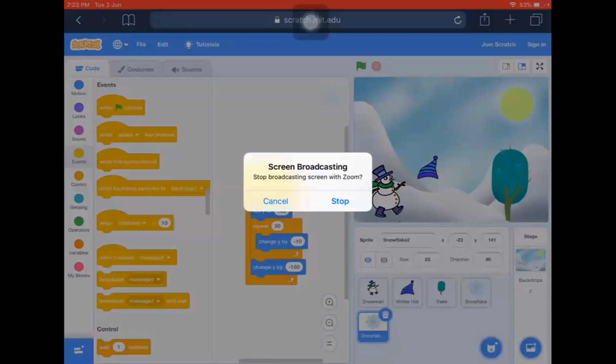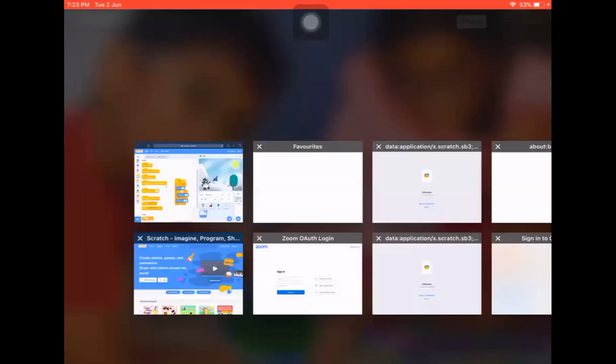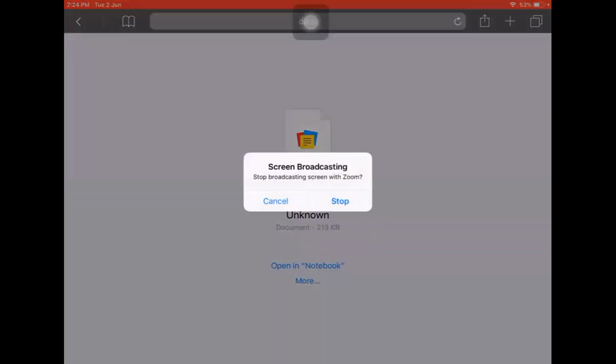Okay. So let's stop sharing. Do you know how to save it? Yes. Okay, please save your work. Save your computer. Sagarika, you wanted to share? Sir, one minute. Okay. Can you ask someone in your family that you want to save this? Otherwise, you won't be able to save your work. Okay.